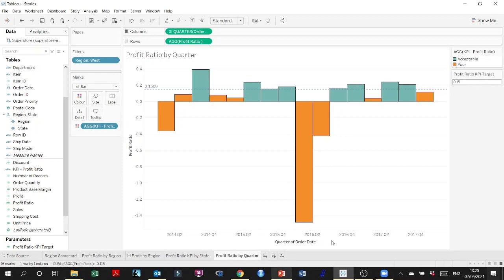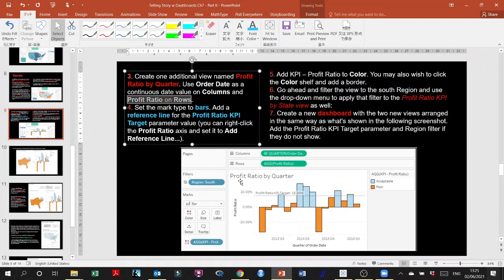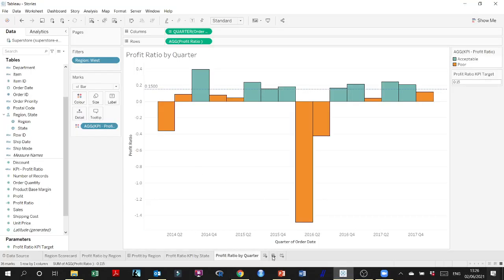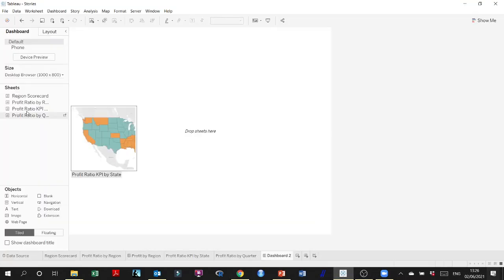All right, so now we have the parameter showing here. We have this nice view. It's probably time to create a dashboard. Yeah, shall we? Yes, let's create a dashboard. So let's create a dashboard that looks like this. So I'm going to add a dashboard here, and in this dashboard we're going to add the